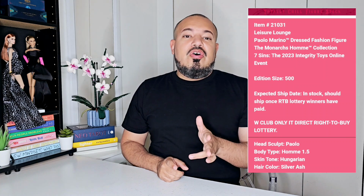This is the doll that I have probably the most to say. And yeah, there's a lot to be said here. First and foremost, I'm going to go ahead and insert a side-by-side of the Pablo that I own, because my first thought when I saw this one is, wow, he feels very similar to the one that I have. He might have like a 5 o'clock